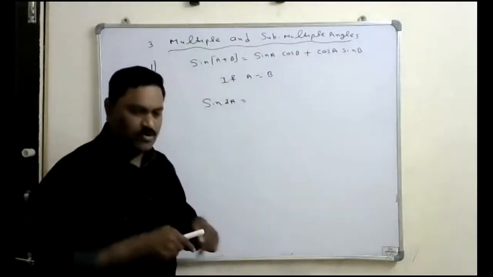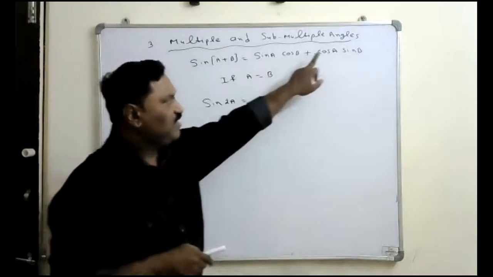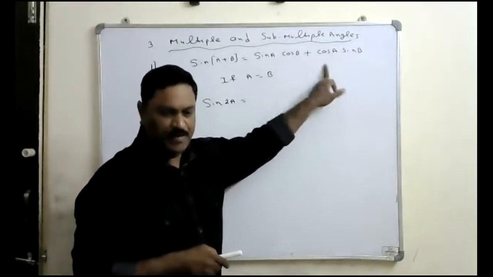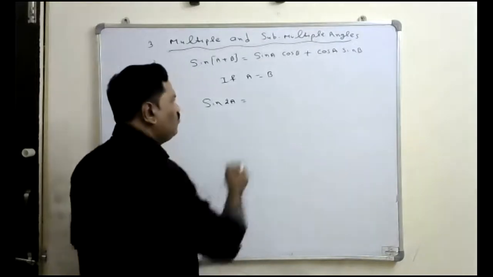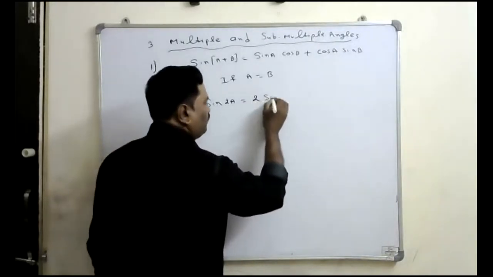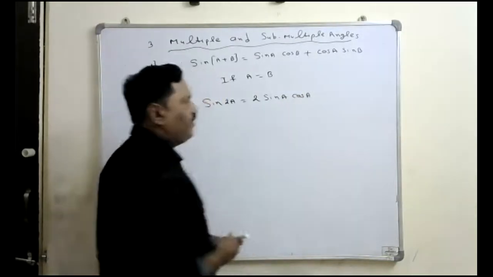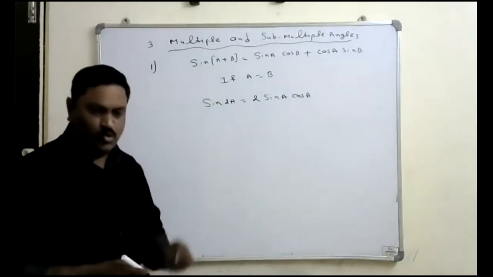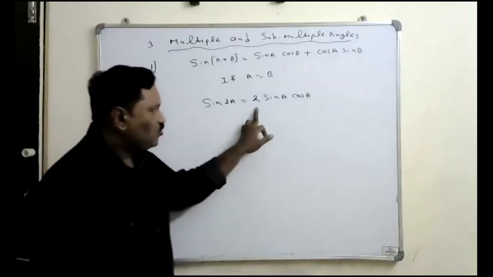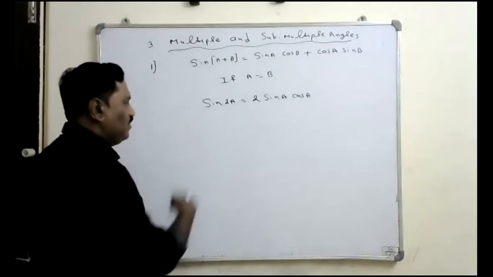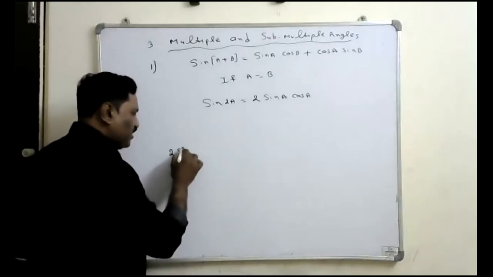Both are the same terms, so sin a cos a plus sin a cos a, that is 2 sin a cos a. So this is the formula we have to remember. Sin 2a is equal to 2 sin a cos a. Understand? Then you can also write it like that, 2 sin a into